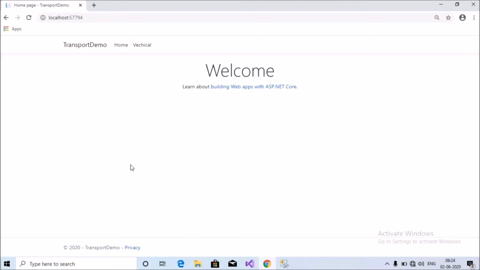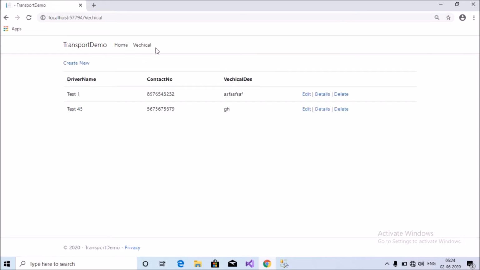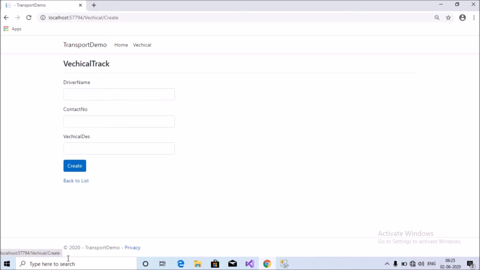Hello everyone, today my agenda is how to create a Razor application in ASP.NET Core. You can see here this demo transport application, and in this application I added a new module. This module name is vehicle, and when I click on this module you can see a button here, create new. When I click on create new, we can add a new customer and put here